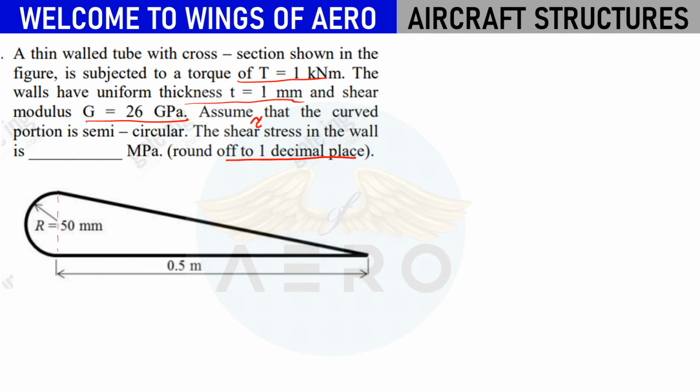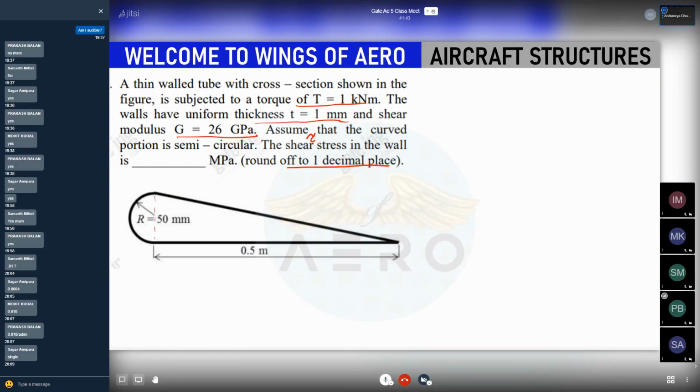See, these are all the online exams, so everything has been predefined. So if they're asking for 1 decimal place, you have to write in 1 decimal place only. Okay, so you have to take care of and read the question very carefully. Okay, now how you're going to solve this? First of all, you need to identify whether it is a single cell problem or a multi-cell problem. That is very important. So first you tell me whether it is a single cell or multi-cell. Please write down in the chat box.